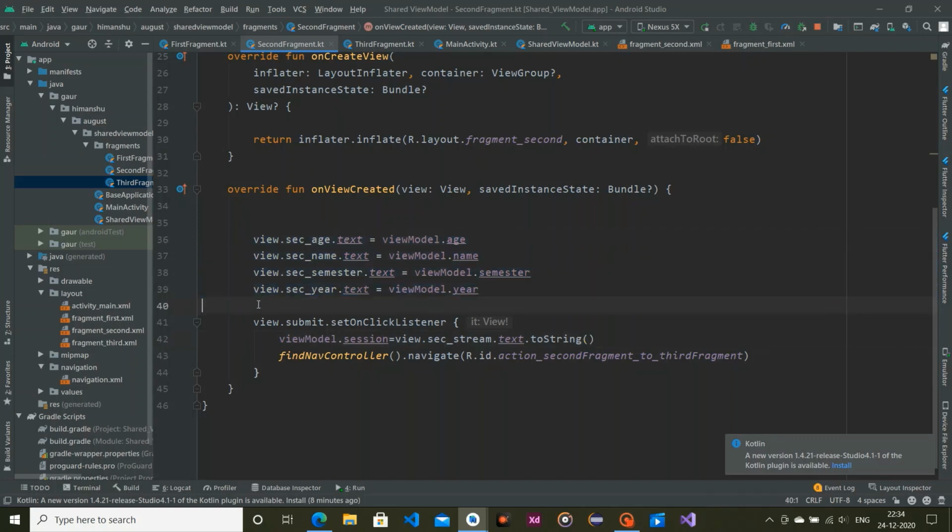Similarly, just like setting our view model data to the text, when our button is pressed, I simply take the text present in our edit text and navigate to the third fragment.